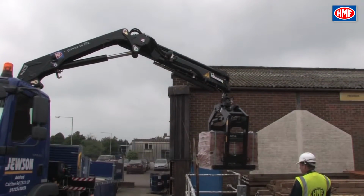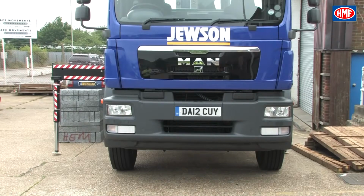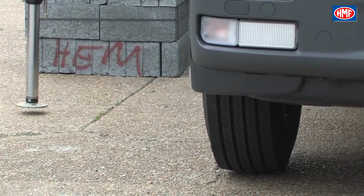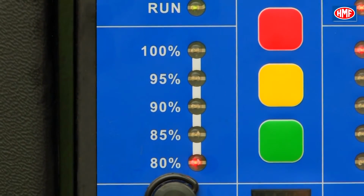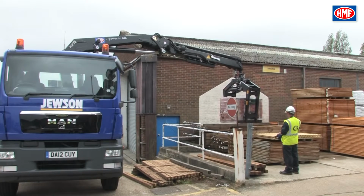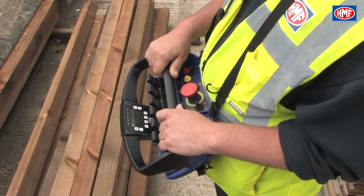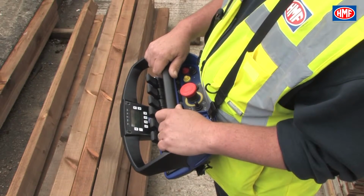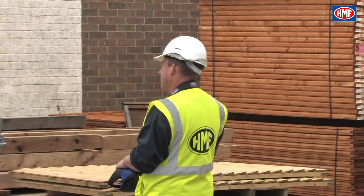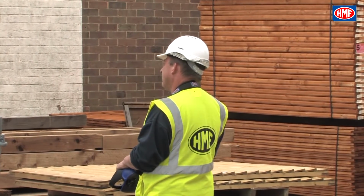First reason, the maximum lifting capacity of the crane has been exceeded. Second reason, the vehicle has become unstable. Third reason, the main lift ram cylinder has been dead-ended. When the crane is stopped due to load or because of dead-ending a cylinder, all the percentage lights will be illuminated on the RCL and 100% load will be shown on the chest pack, as well as the P1 light